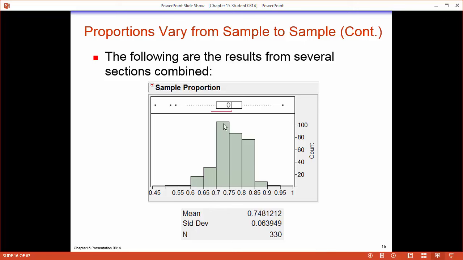As in, a lot of people landed in this area. You can see there's 100 observations here and there's 80 observations here. It's a little bit more than 80, like 85, because that's where it lines up in the count. So there's a lot of people who made between 75 and 79.99. There's a lot of people who made between 70 and 74.99%. A large percentage of people fell in here when they did their 50 free throws. This is a distribution of the sample proportions. Very important what we're making here.